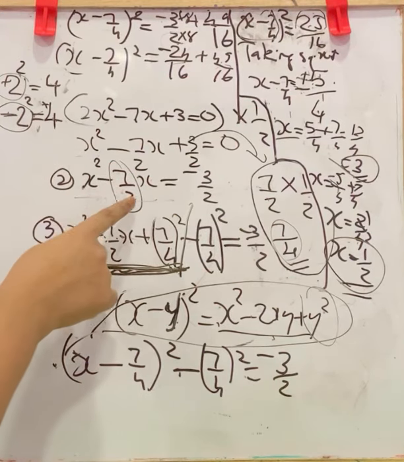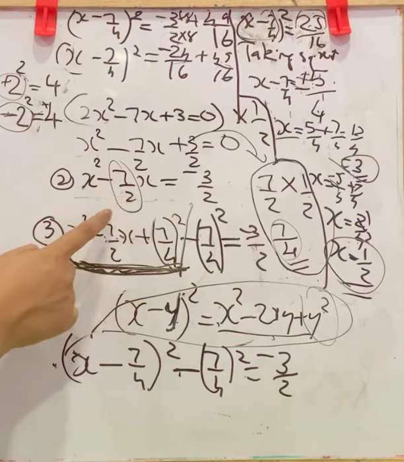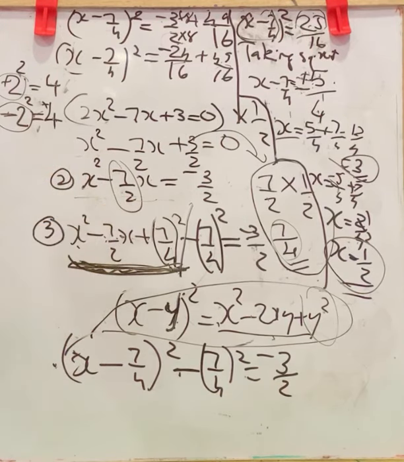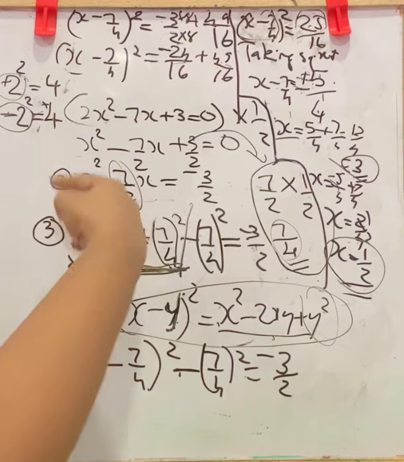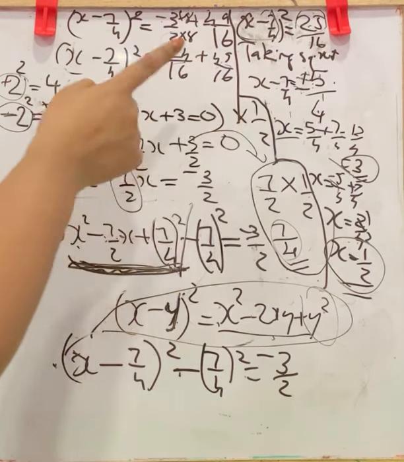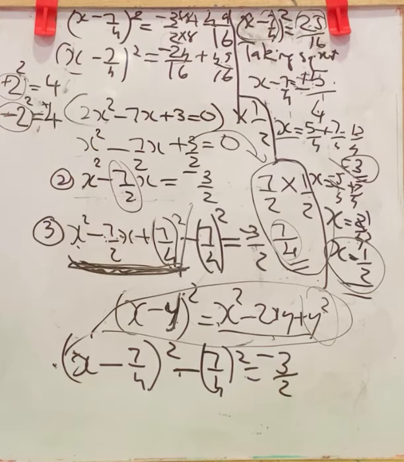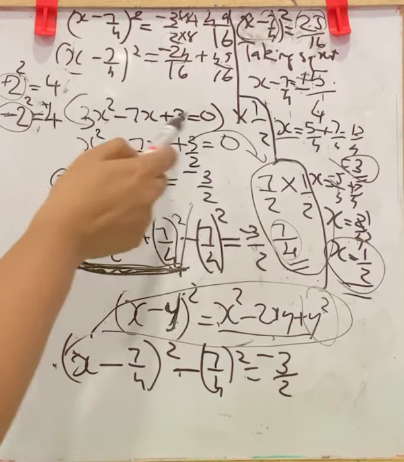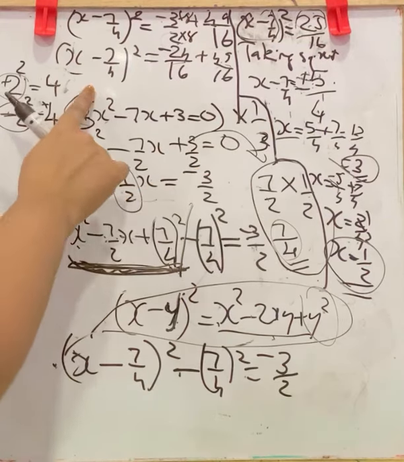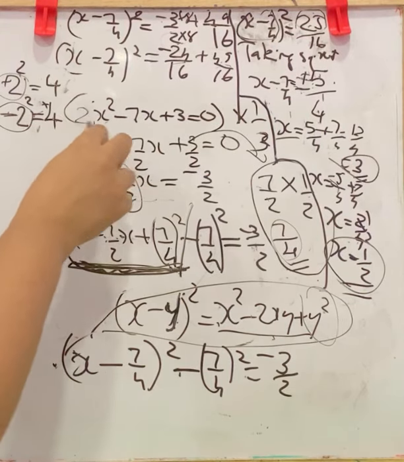Next you want to check what is the coefficient of x. Here 7 by 2. Don't consider the sign, just take the 7 by 2. Then again multiply with 1 by 2. Here we are not multiplying every equation with 1 by 2. If it was 3, we will multiply here with 1 by 3. If it was 5, we will multiply this equation with 1 by 5.